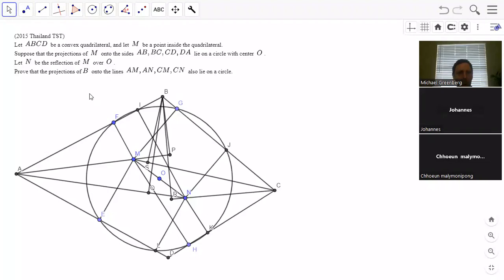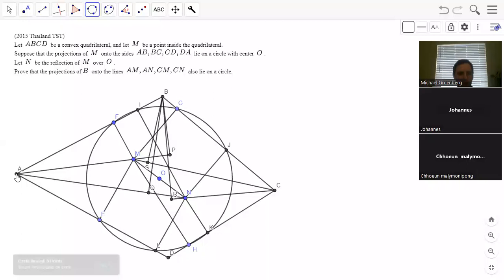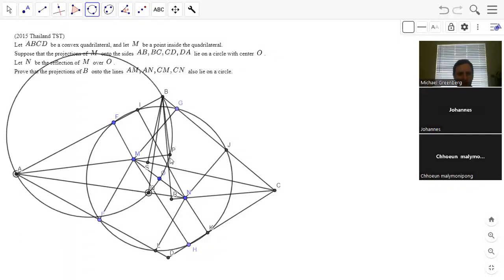And we want to show that those are cyclic. Obviously, they lie on the circles. P and Q lie on the circle with diameter AB, and R and S lie on this circle. It is like the same as at the start, like n being the isogonal conjugate of m with respect to